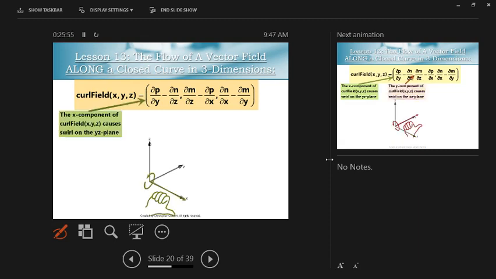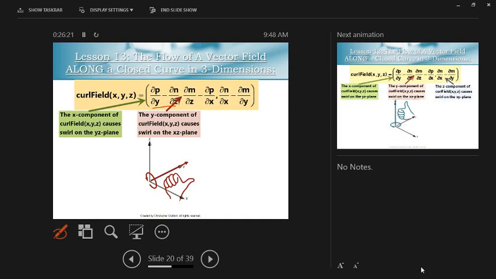Look at the x component of the curl right there. Well, the x, basically we're talking about rotation that's going to be perpendicular to the x-axis. Well, what plane is perpendicular to the x-axis? The yz plane. So you can kind of use the right-hand rule here to picture it. The x component of the curl causes rotation to happen on the yz plane. Similarly,